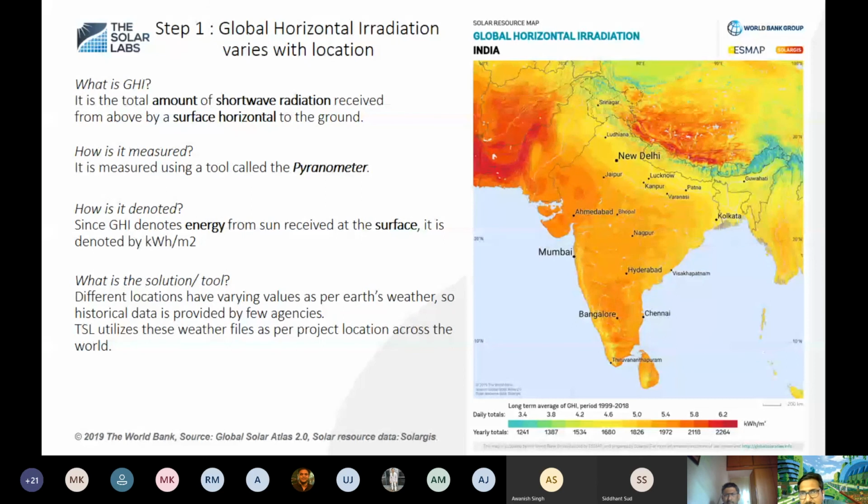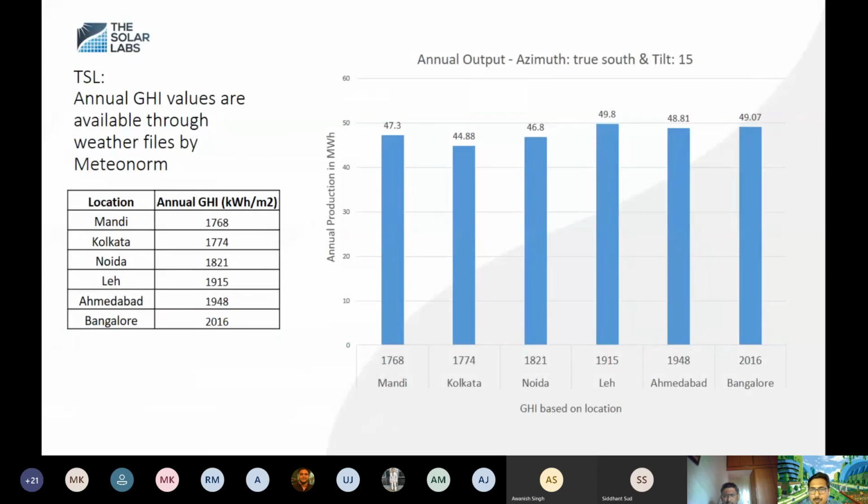Whereas Rajasthan, Leh Ladakh in the north, and Bangalore, which is the darkest of the red regions of India, we get a lot of output, like higher output energy. So according to my designs, Leh Ladakh is the highest energy output. And it's quite interesting what we have observed about the monthly output of Leh Ladakh. Just stay until the end so that we can see how our annual energy outputs depend on the monthly output,